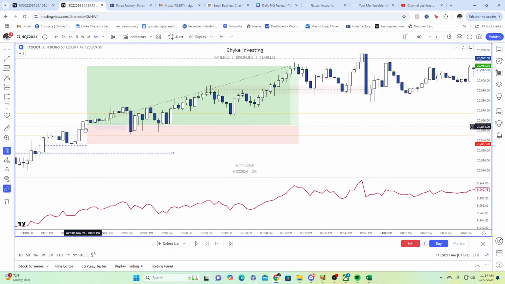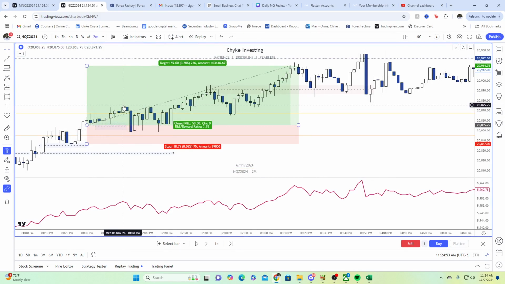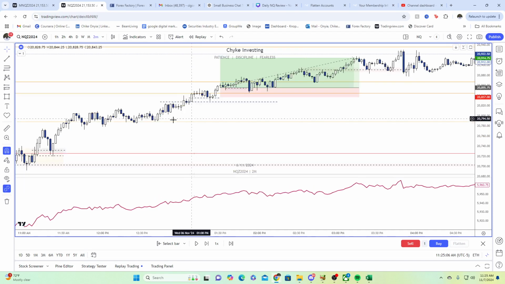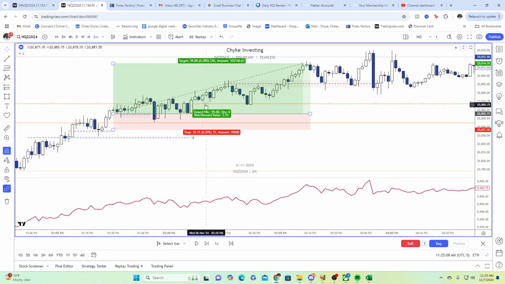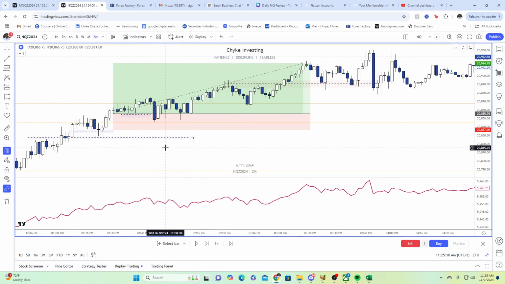Price would have come into this fair value gap right here, gone higher and closed. I probably would have set my stop loss below here. Price would have aggressively come down here. That would have probably stopped me out, not gonna lie. When you see a candle like that after taking out this high, that probably would have stopped me out, and I would have been done for the day. I already made money on this first one, because I wouldn't have wanted to see a large pullback like that. But think about what I said before.